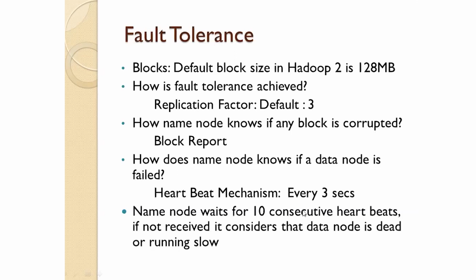So thereby, if any block is corrupted or any data node fails, it has these mechanisms to bring the data back. This property is called fault tolerance. If we are able to face any failure and handle the failure properly, and there is no data loss here, then that ability of this system is known as fault tolerance.